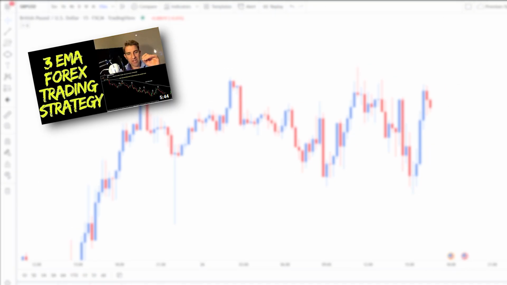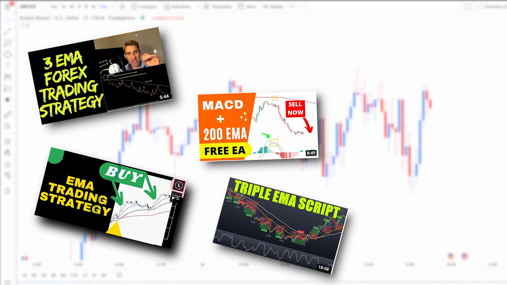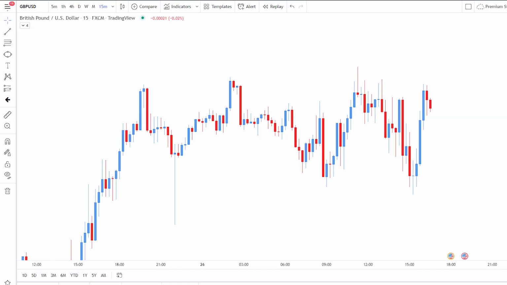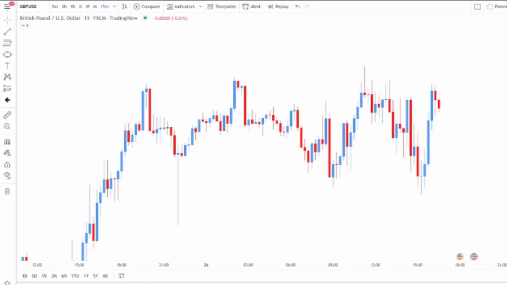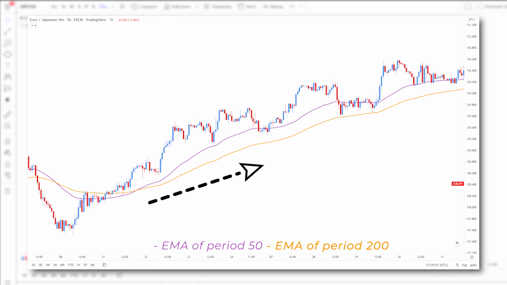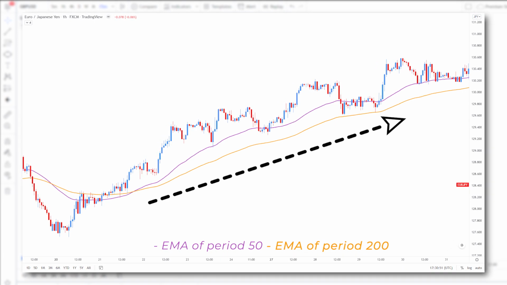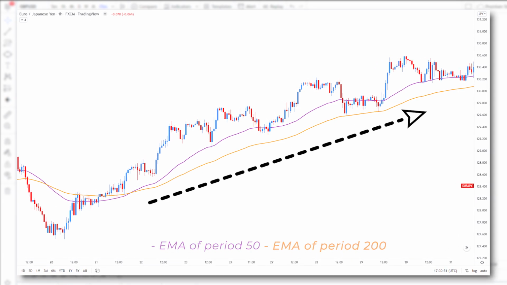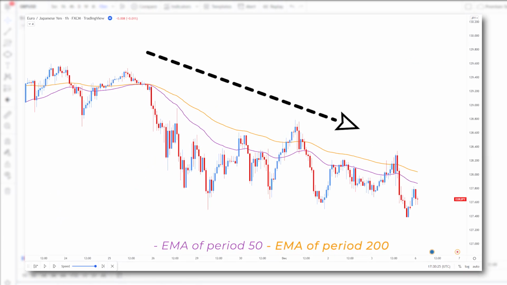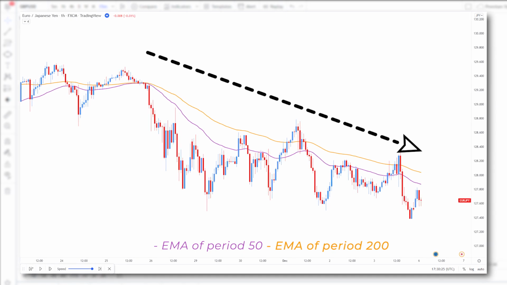There are numerous strategies for trading the market that make use of the exponential moving average. However, trading with the trend is the most common way in which these EMAs are employed by traders. And the concept is very simple. As an example, consider two exponential moving averages with different periods. It is assumed that the market is on an uptrend when the lower period EMA crosses above the higher period EMA, and vice versa. If the lower period EMA crosses below the higher period EMA, the market is deemed to